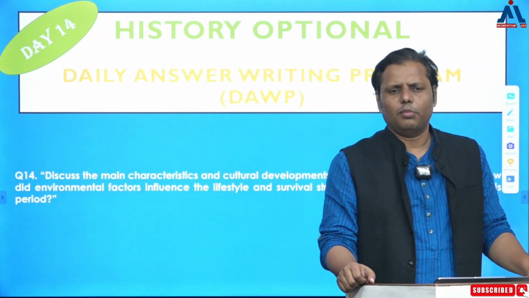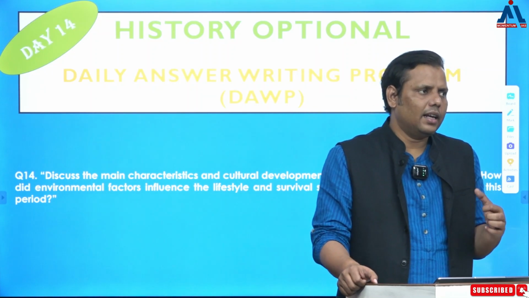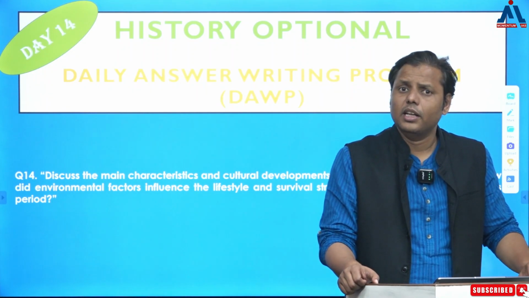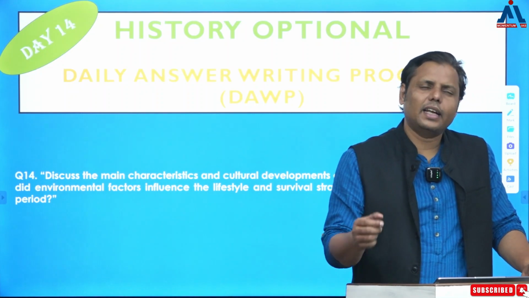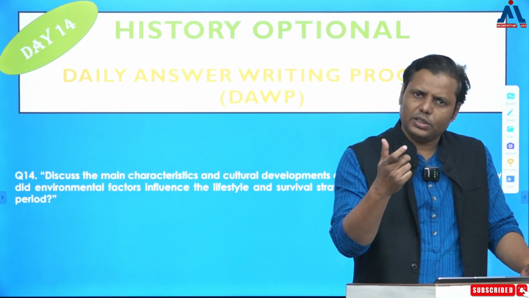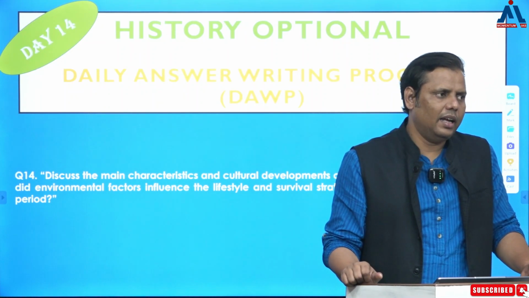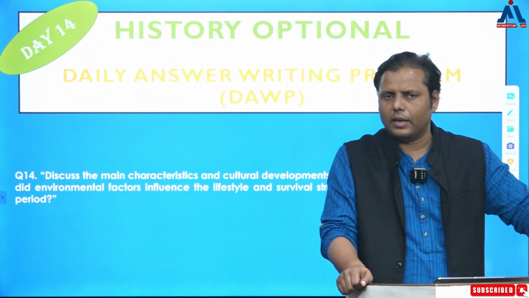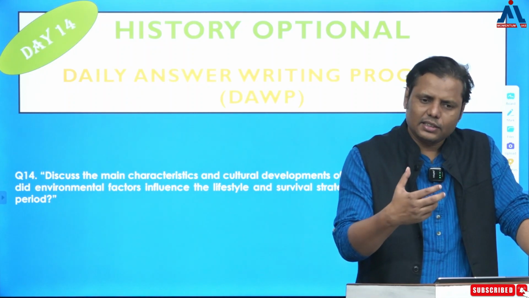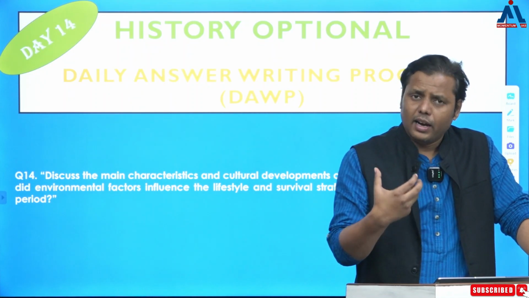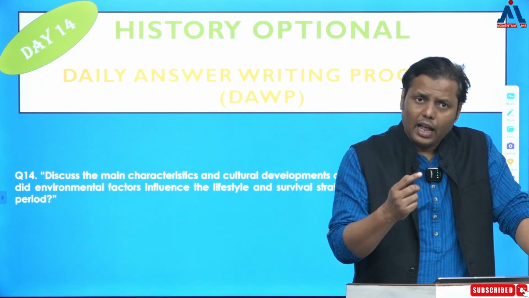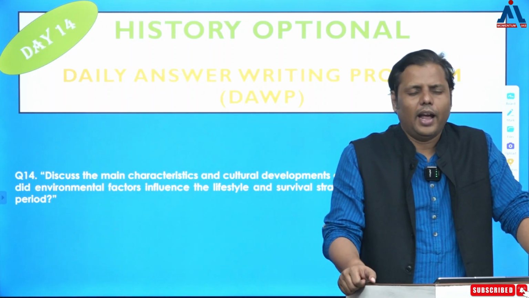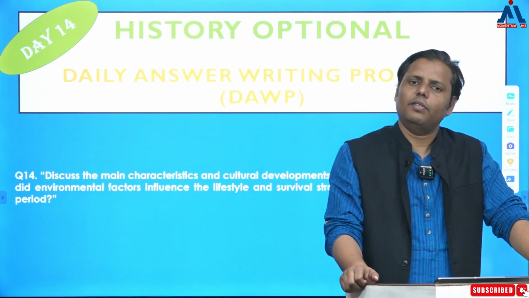At the end, you need to talk about the religious beliefs, and in the religious beliefs, precisely, there are two things that you need to discuss: the mother goddess images which have been found at various sites, and second, the Bagur site in Madhya Pradesh. That gives a reference of a structure, a rubble built structure that is circular in nature, and at the top of this circular structure you can find a triangular stone has been kept, and mostly it is believed it might have had some sort of religious use.